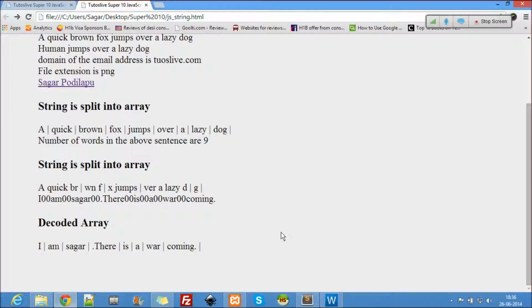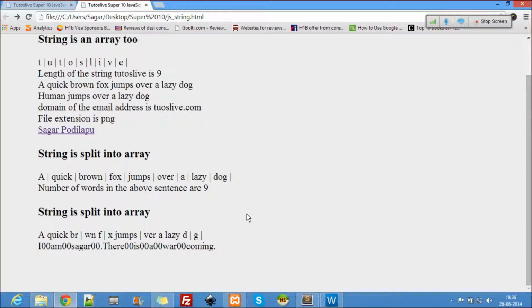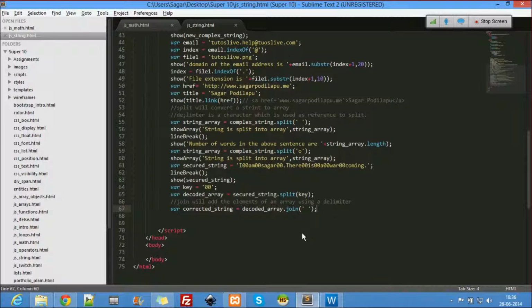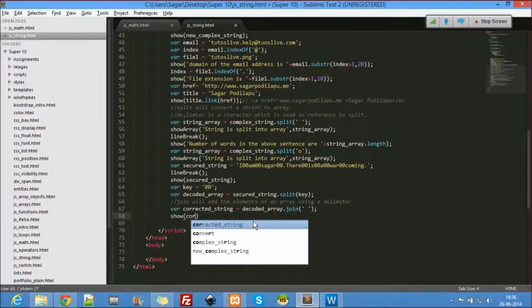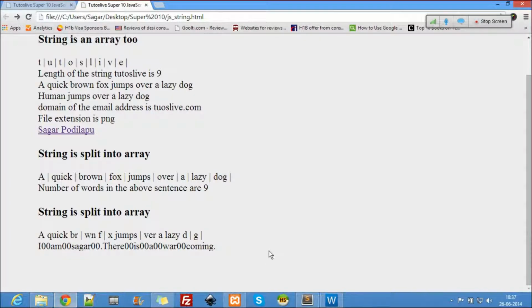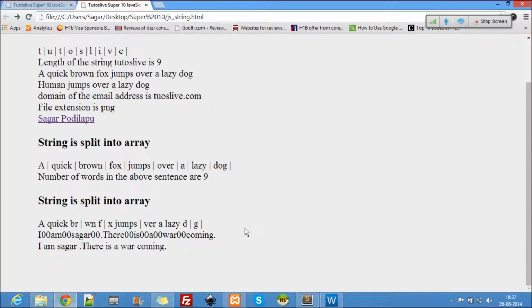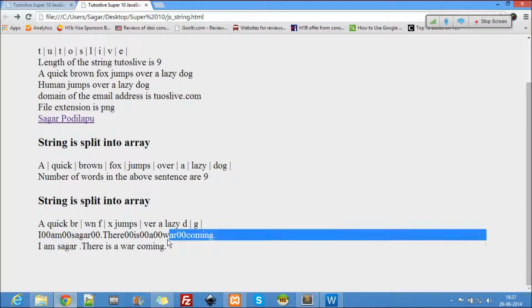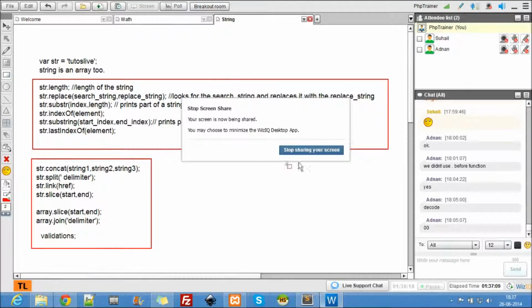So now let's see. There's no mistake actually, we did not print. Now let's see. See that? I joined.